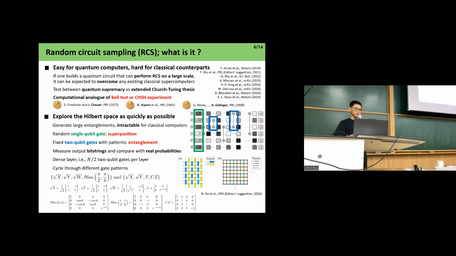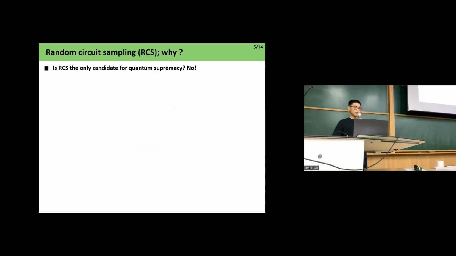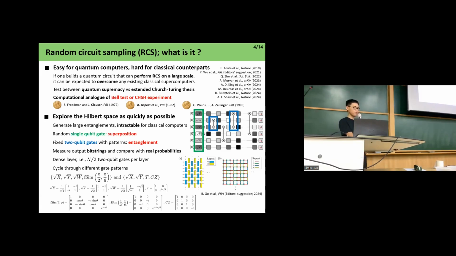However, as you can see from these PowerPoints, this figure is very naive. We have to dig a little bit deeper to have a full grasp of random circuit sampling. Okay, so then you might wonder, why should we care about random circuit sampling? After all, it just applies random matrices, and generally RCS generates no useful information because it just generates random bits. You cannot use it for integer factoring or searching or any other useful tasks. But